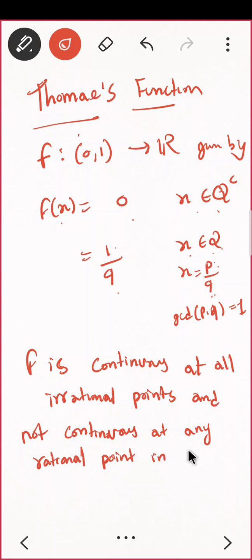In a rational point of the interval 0 1, you can say. So that's why this is quite a famous function, the Thomae function. We'll be dealing with it later on also. In SYBSc also we will see whether this is integrable or not, we'll see that. So for now I just want you to go through the proof and try to see whether you are able to understand. The proof is very easy, but it is quite theoretical. If you read it properly, then only you will get to understand. So yeah.